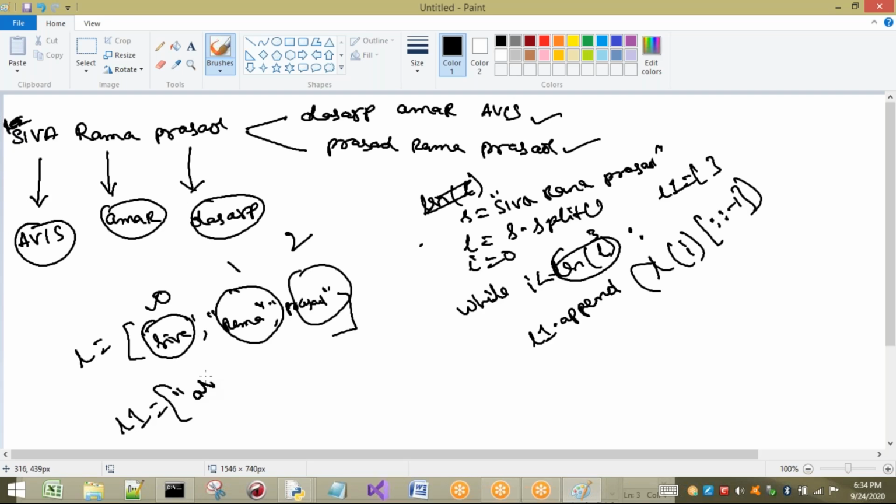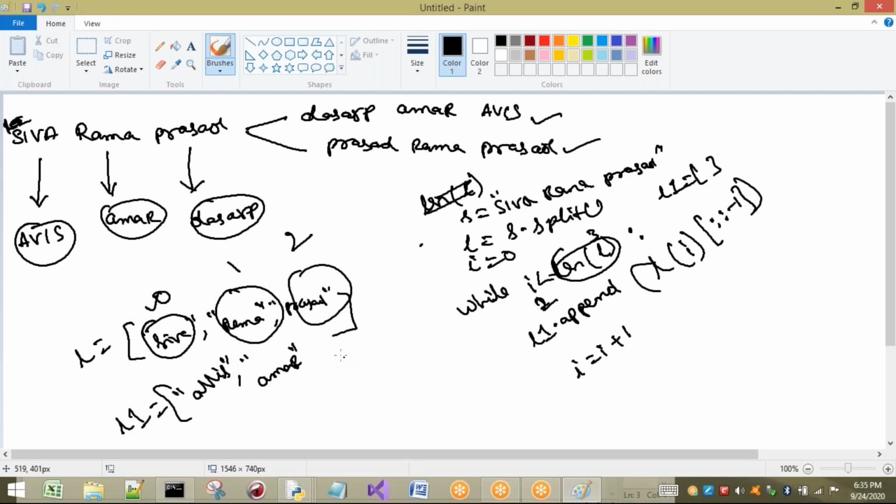It is going to be stored in L1. For the first one it is completed. Next, what do I have to do? I have to go to the next index, that is 1. So I will place I equal to I plus 1. Now again the loop goes to the top. I value is 1. So I less than 3, yes. So the same thing will be done for the second word, that is RAMA. Next I equal to I plus 1, then it becomes 2. 2 less than 3, yes, no problem.